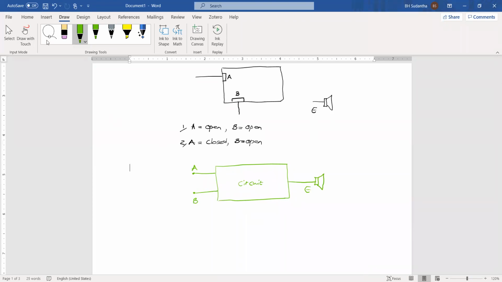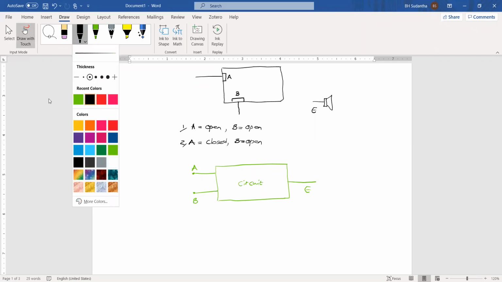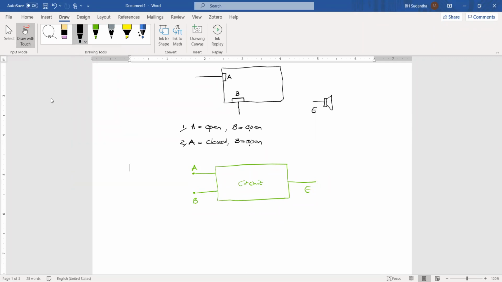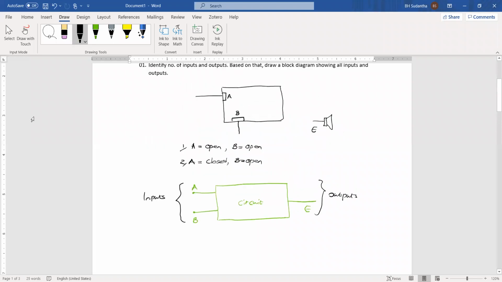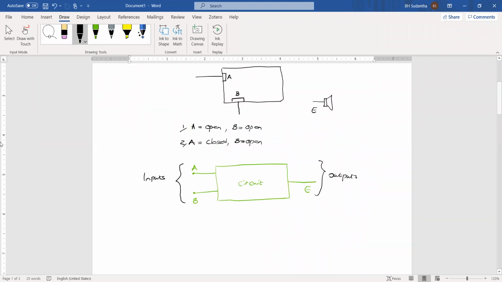Okay. Actually, here we are not going to draw this part. You don't want to write these lines when you do the real thing. These are the inputs and this is the output side. Like that. This is the first step. The second step,